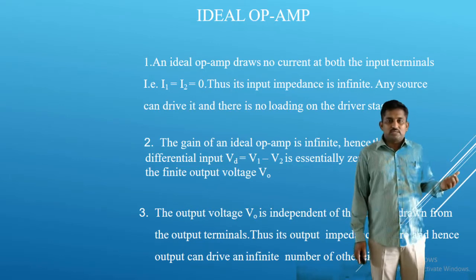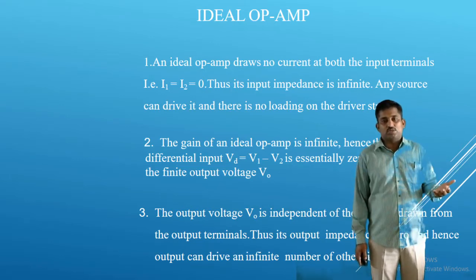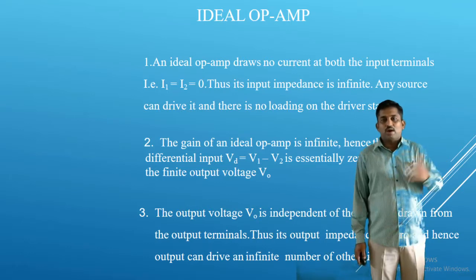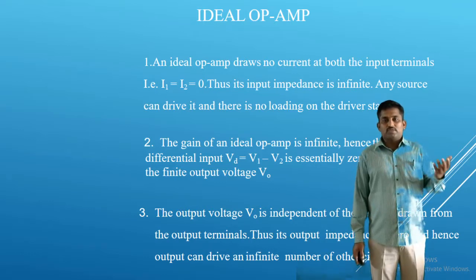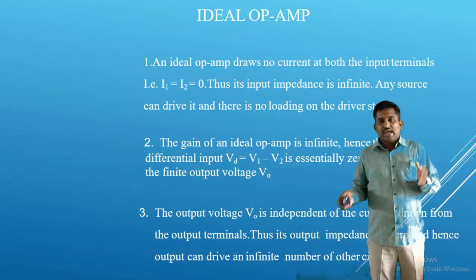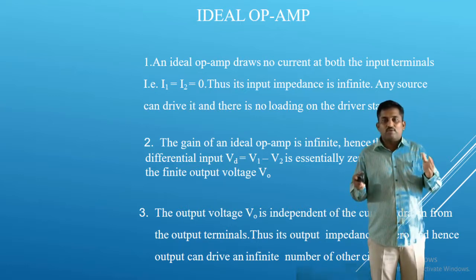Last class, we discussed different types of integrated circuits as well as characteristics of op-amps. There, we discussed nearly 18 characteristics of op-amps. They are input offset voltage, input bias current, input offset current, gain bandwidth product, and then input equivalent input resistance, output offset voltage, slew rate. Like that we discussed 18 important characteristics of op-amp. Today's class we are going to discuss about ideal op-amp.